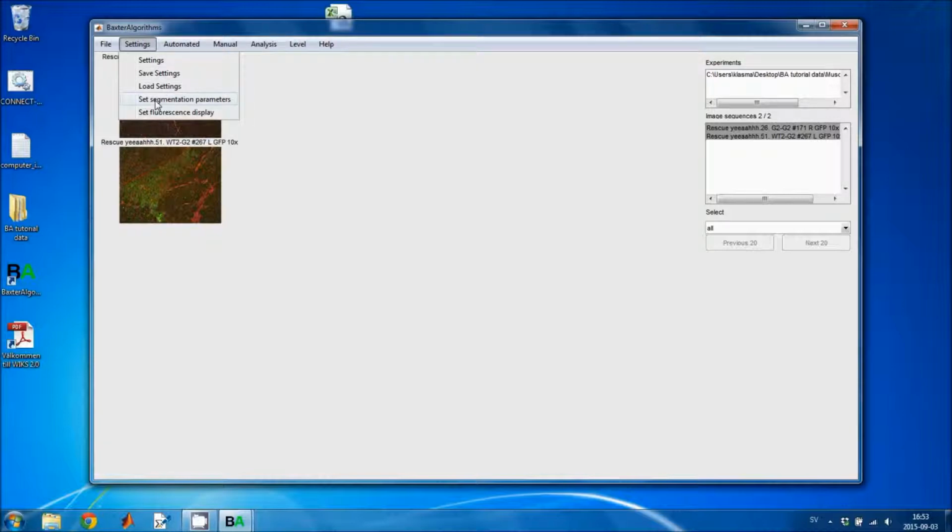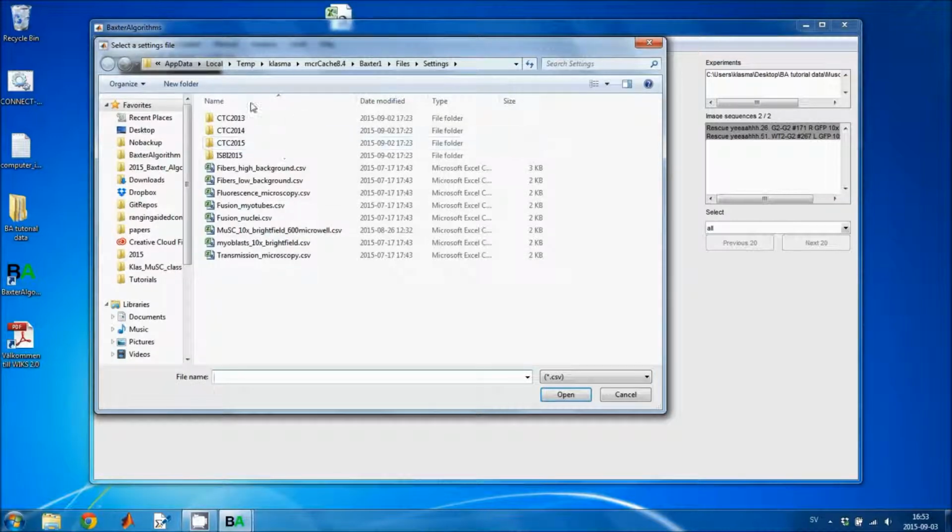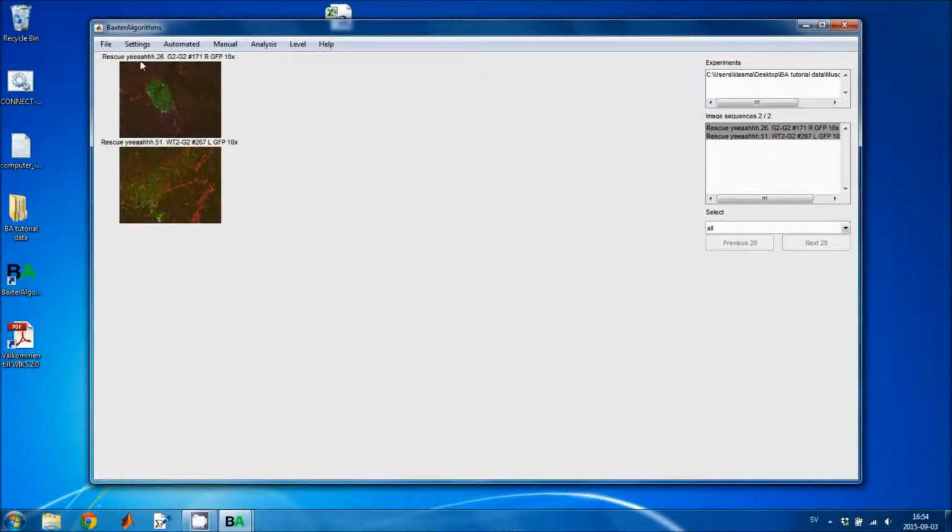We can do that either by going directly to the set segmentation parameters, or we can load settings using the load settings menu option. And in this case we would load the high background settings for fiber segmentation, because these images were created using wide field fluorescence microscopy, and there the background is pretty high compared to confocal microscopy. But we'll go to the segmentation settings user interface directly,